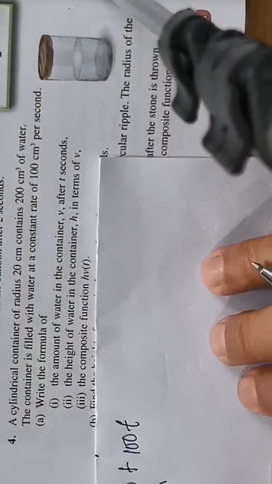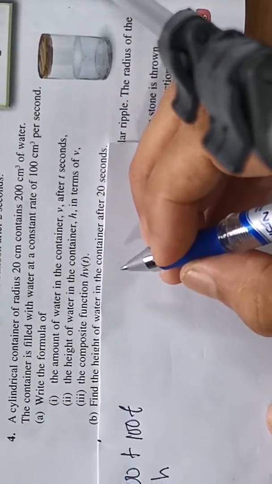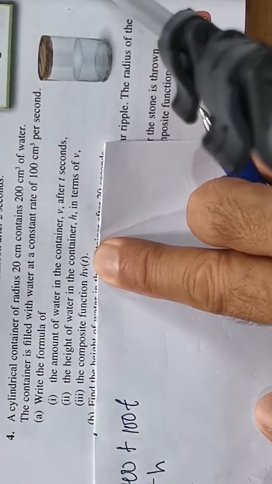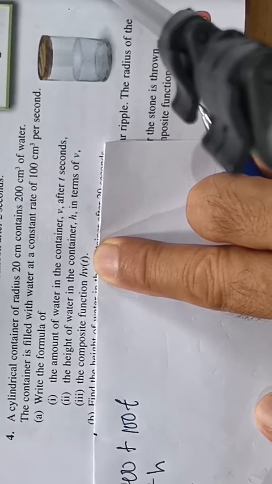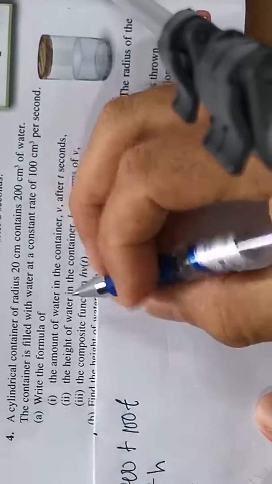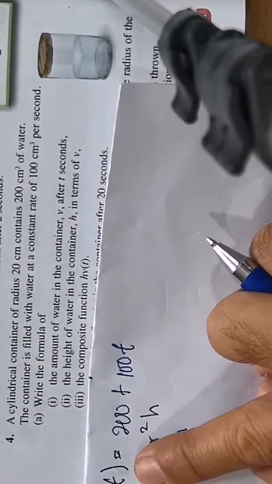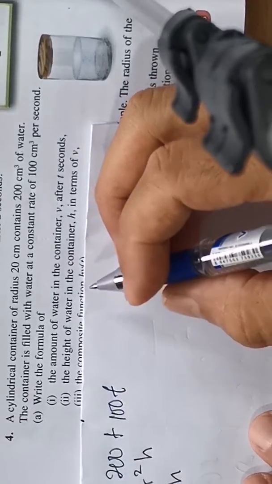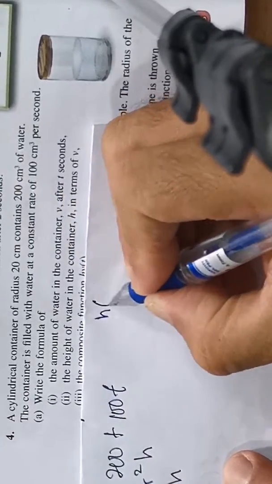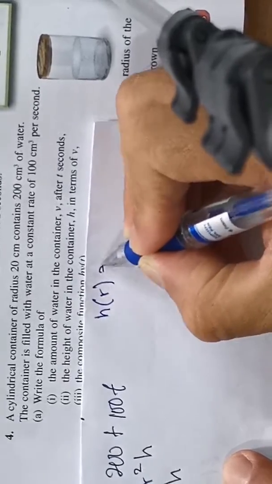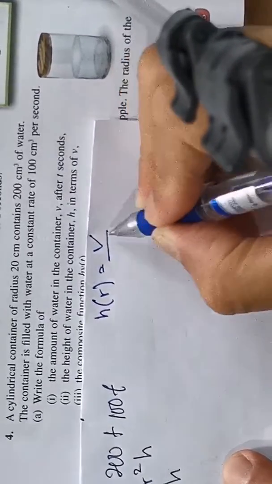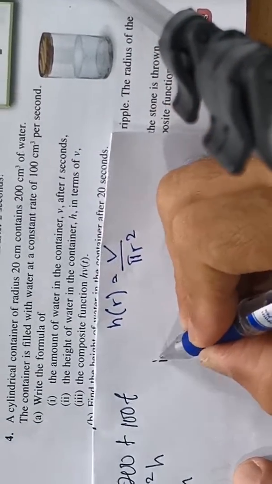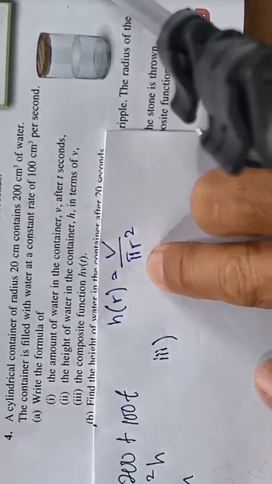For A3, the composite function. The composite function H(V(t)), that is substitute V(t) inside H(V). So write down again. Okay, you already have V(t), and the one that we have for A2, we didn't write in terms of the function. Function of H(V) equals V over pi r squared. Okay, so for A3, H(V(t)),